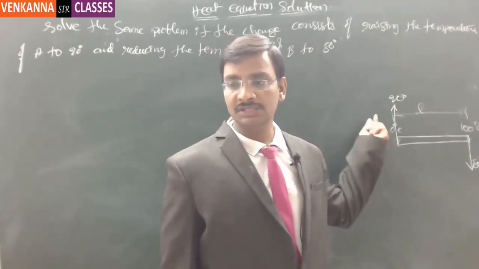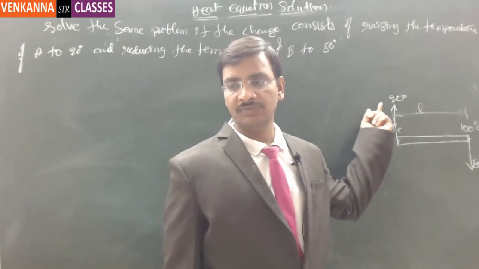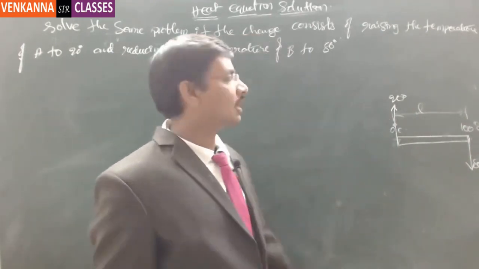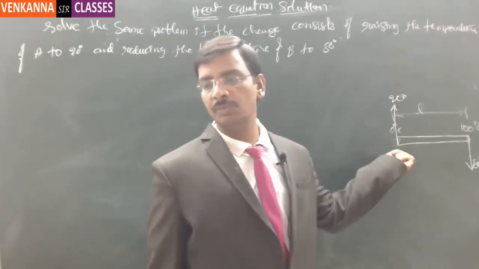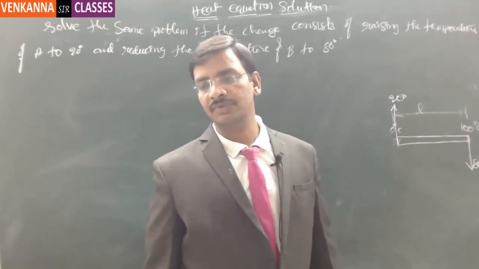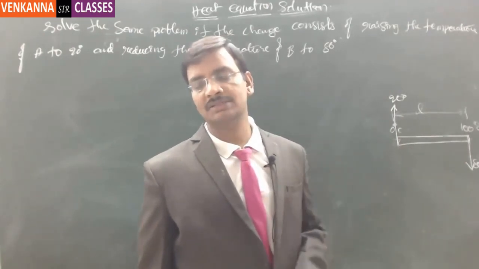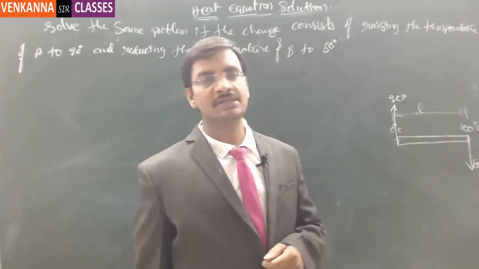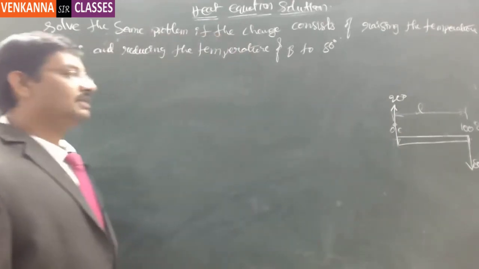But now this is not 0, this is going to be 20 and this is going to be 80. Without having the 0 boundary conditions, it is very tough to solve the unknown variables there, right? That's where the complexity lies. Because of that reason, what we are going to do is treat the total solution as if it is